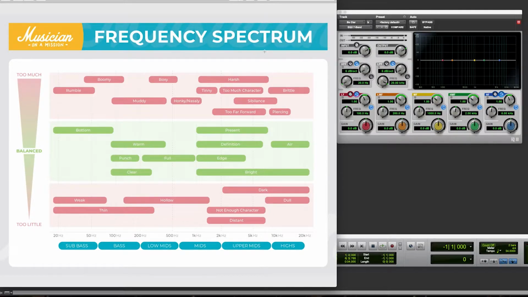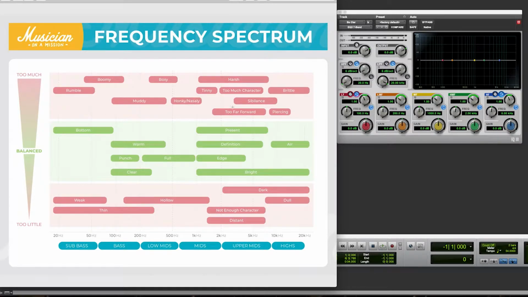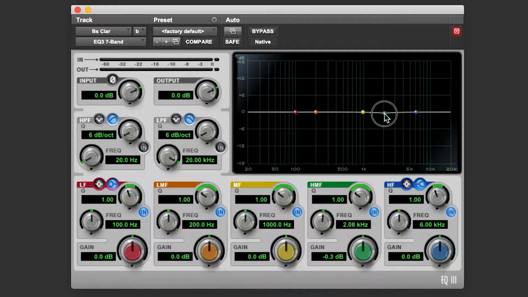So what we're getting is piercing. We're getting a harshness and a nasally quality coming from a plastic clarinet, where a professional wooden quality clarinet actually has a much warmer sound that is much more brilliant and more characteristic. With this instrument, we're dealing with a little bit too much of this area, the harshness, the piercing. Right in the middle, we find ourselves around 2 kilohertz, maybe even 3. So right away, I know that I'm going to want to take a dip at that frequency, lowering down 6